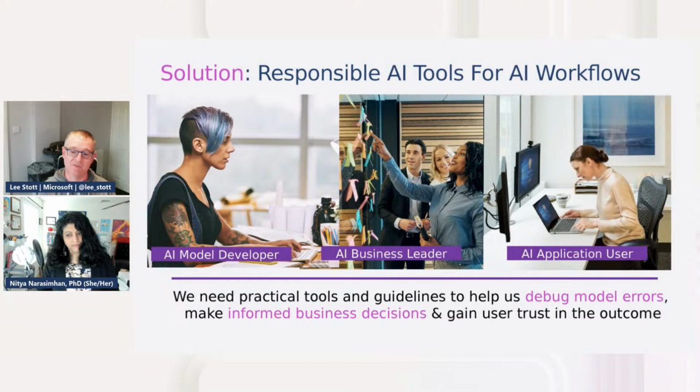So when I talk about responsible AI, it's really not just the developer who's responsible for building the solution. There are these three key scenario stakeholders. We've got the AI model developer, so the programmer or the person who's developing the software and the systems. We've got the business decision maker or the business leader, who typically is driving the strategy of the organization as to why they should be utilizing AI. But they also need to have clarity and understanding of those key principles. So going back to what I just said about accountability, trustworthiness: